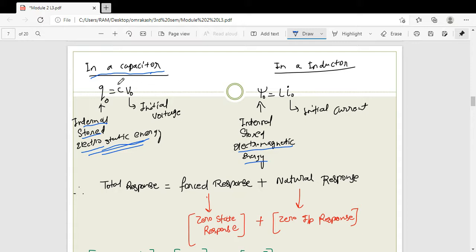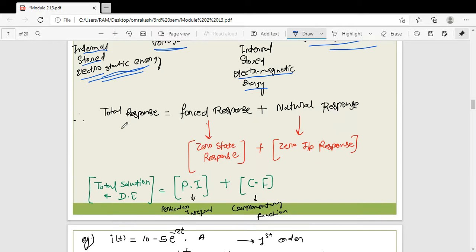Now see here, this is already known to you, and this is also a known quantity, right? L, and this is the initial condition which is given in your circuit, or you can find it from the circuit before the switching. Before the switching, you can find this initial current and voltage, right? Here current and here voltage. With the help of this, you can easily calculate how much charge the capacitor contains and how much flux this inductor stores.